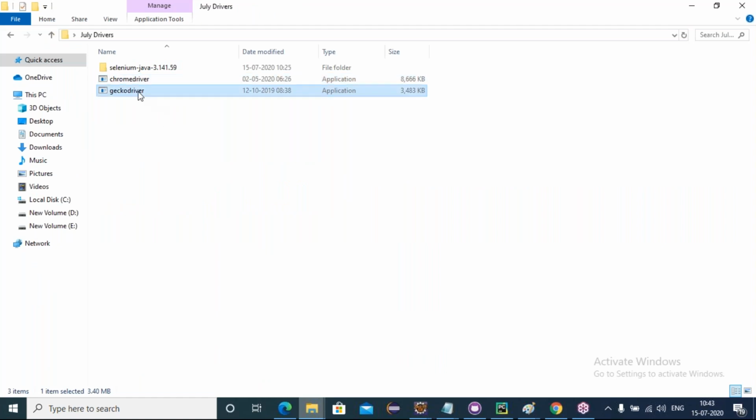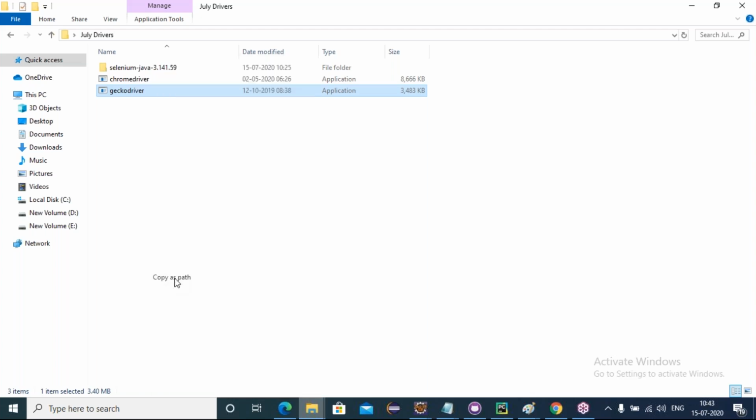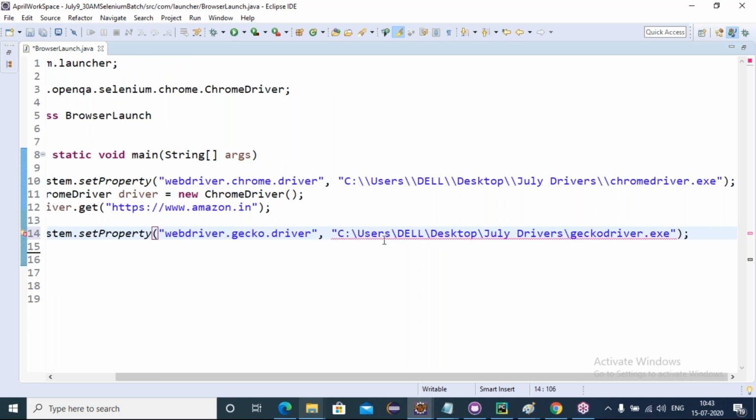How to take the path of this? Select the file, shift right click, Copy as path. The entire path is copied along with double quotations. Paste it here. Wherever a single slash is there, provide one more slash. In case of Mac, it is not required to use a double slash, I think. Okay, fine.